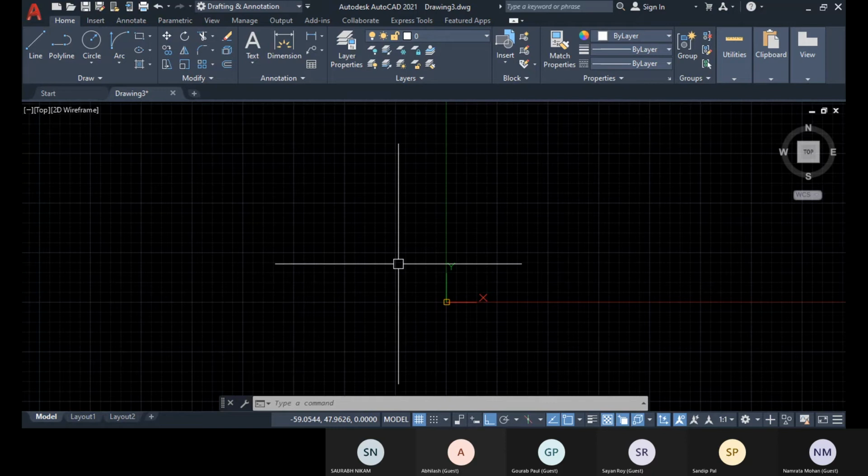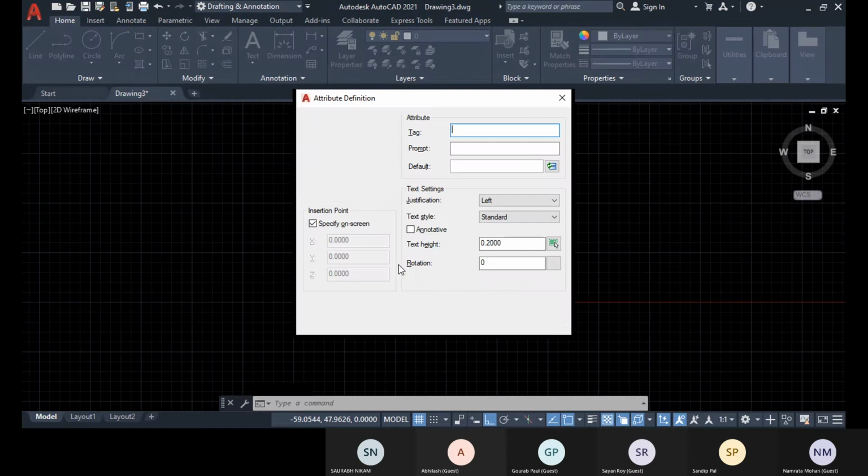So for that, let me show you with attribute, ATT, enter attribute, and here I will mention the tag, prompt and default. Normally, as an attribute, we will only see the tag value.